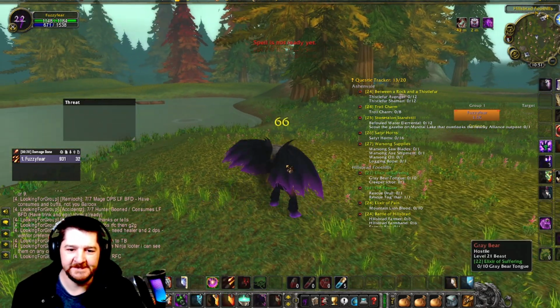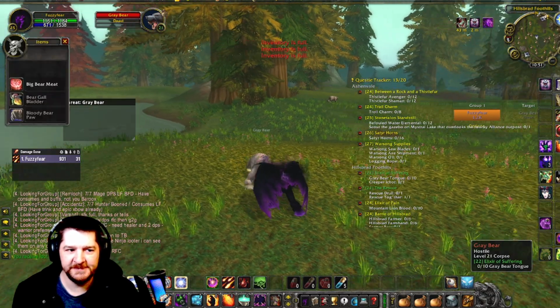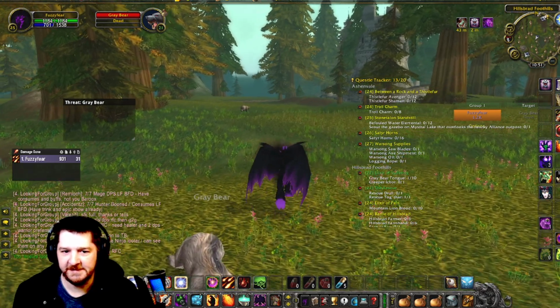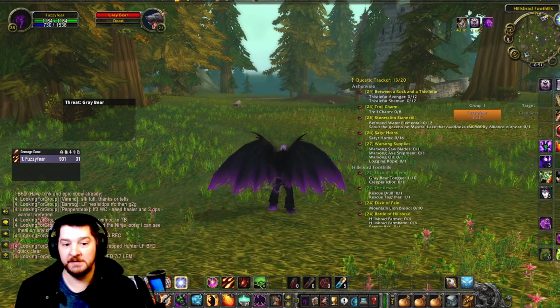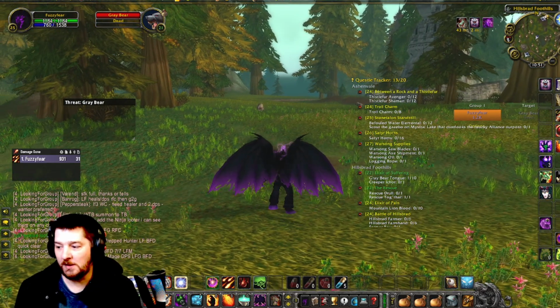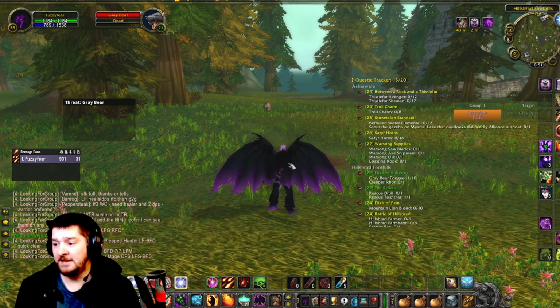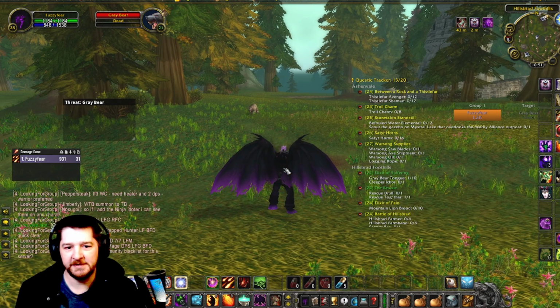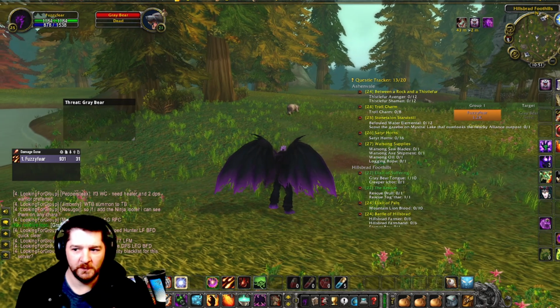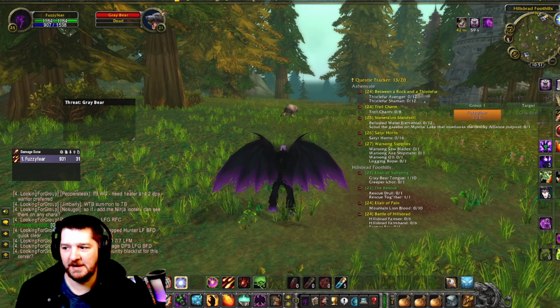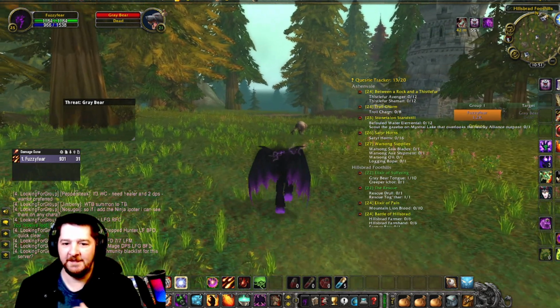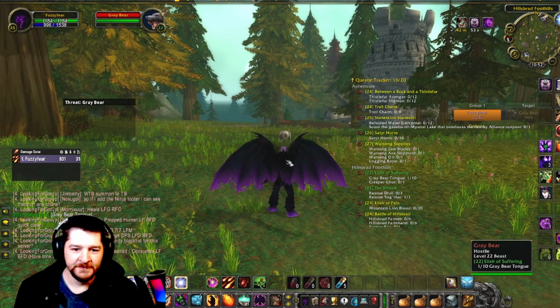So what that means is corruption really isn't worth using while you're tanking, unless you're taunt swapping with another tank and they have threat. Then you can put corruption, immolate, curse of agony. You're not worried about climbing threat at that moment, so you can go for the damage and threat over time.